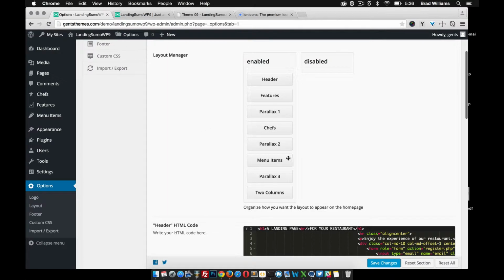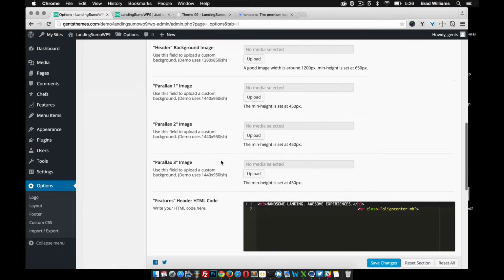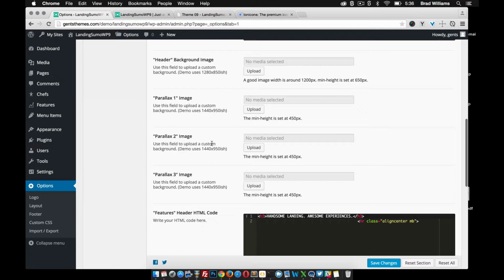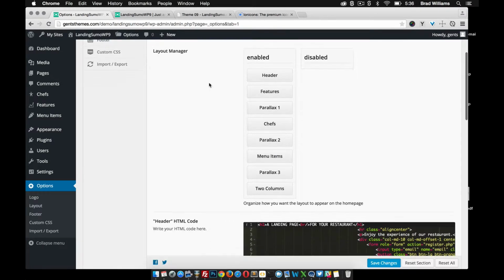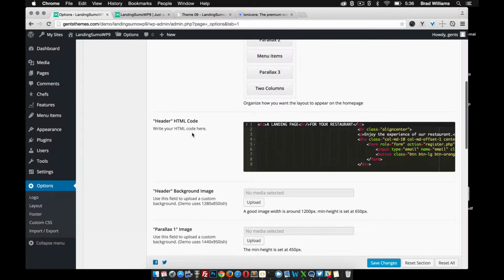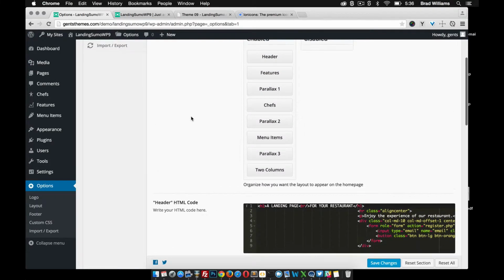Alright, after the chefs we have another parallax feature, and you can change that image with this upload field right here. Then we're moving on to menu items. So just like we added the chefs and the features, we just go into this menu items, add new,